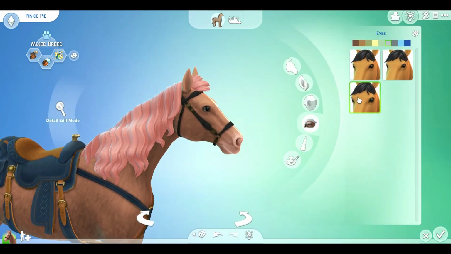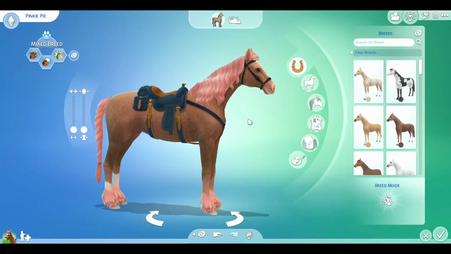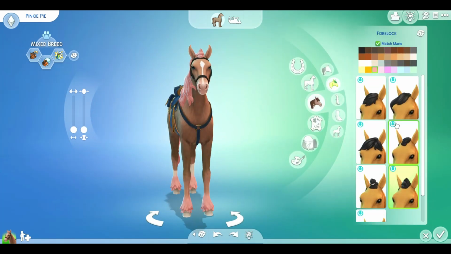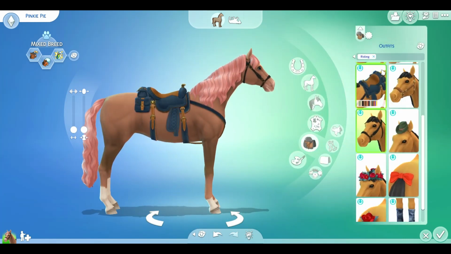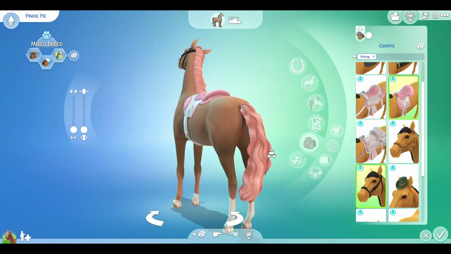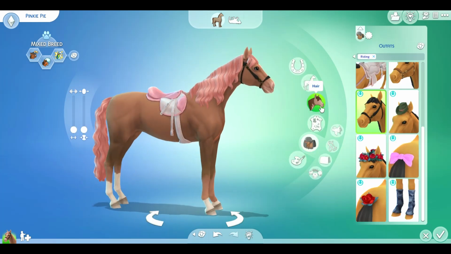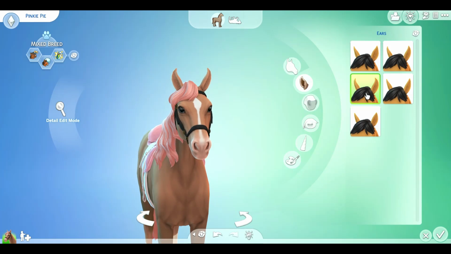I wanted to do Rainbow Dash, but the problem is that the mane and tail colors don't come in rainbow swatch, unfortunately. So I couldn't really do Rainbow Dash justice. So I decided to do Pinkie Pie instead, since her mane was a solid color. And I can't say that's super common for a lot of them, except for maybe like Applejack or something. I'm not really super versed in the My Little Pony universe, but anyways, so here we are going with